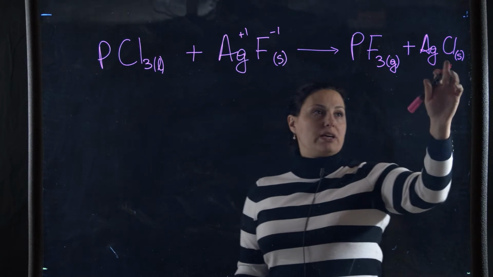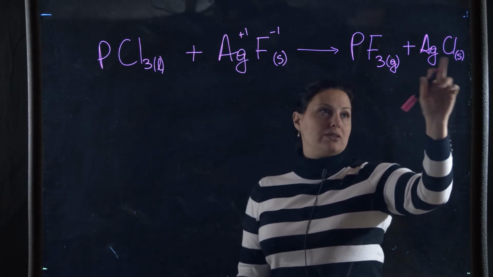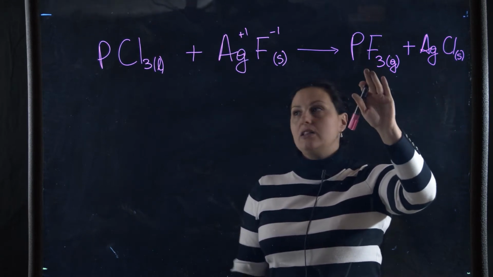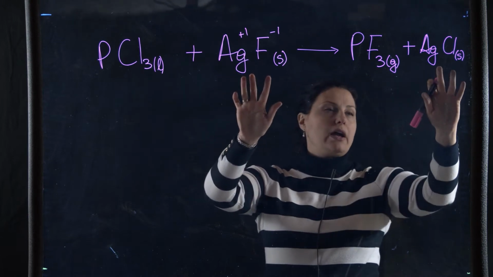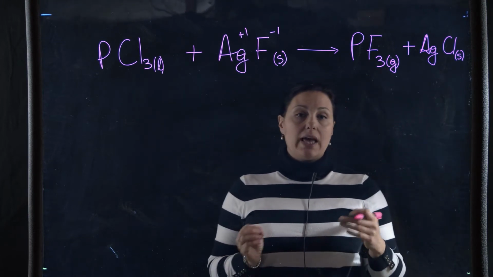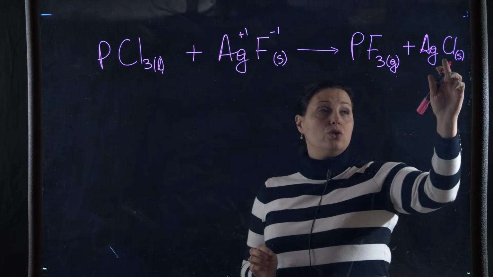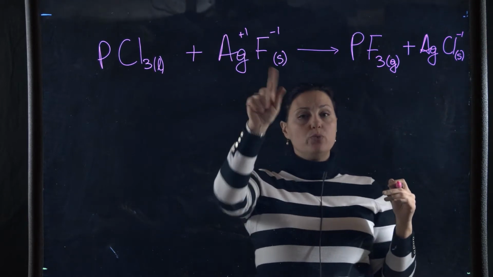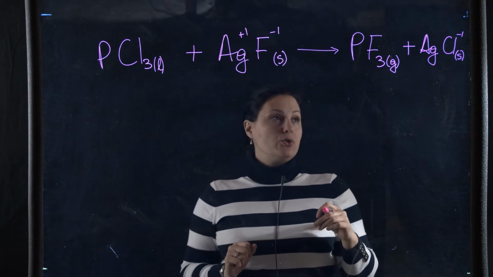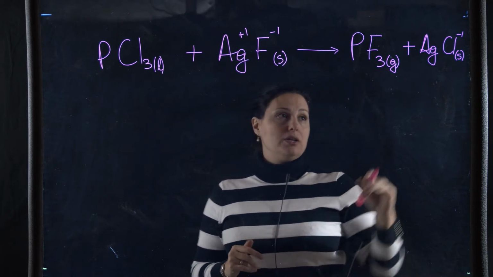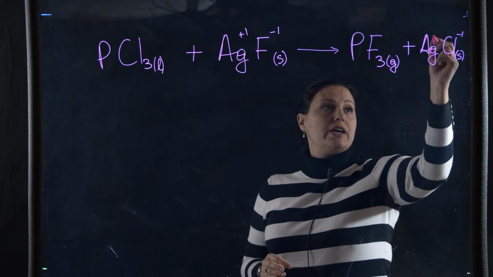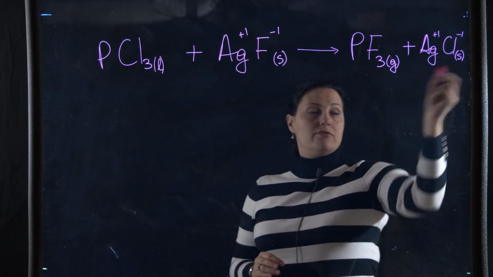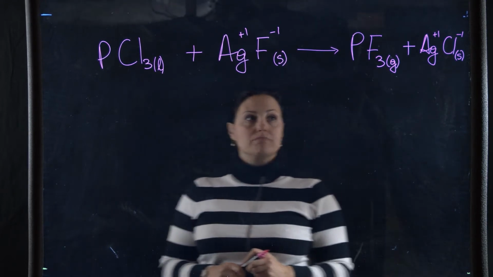I have to make sure, because this is an ionic compound, a metal and a nonmetal, that this is covalent and so is this, but these two are ionic. I have to make sure that I have a neutral compound. Chloride will always have a -1 charge because it's in the same group with fluorine. It's group 7. They always have a -1 charge. Silver doesn't change. It has a +1 charge. Therefore, that's a neutral molecule.